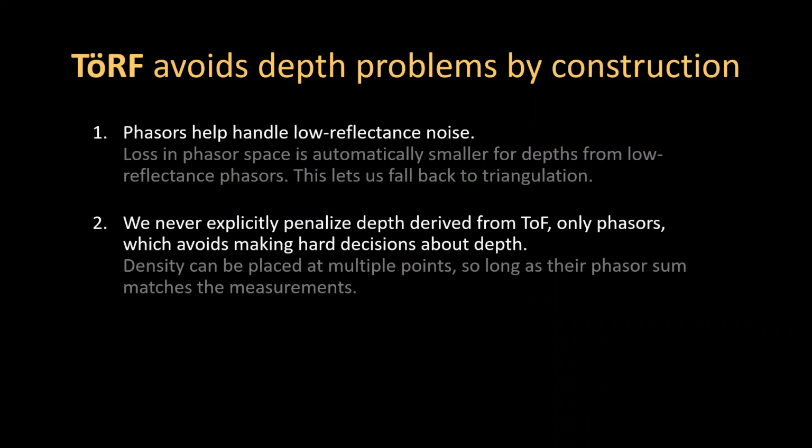Okay, we had the multi-bounce interference, right? We never explicitly penalize depth derived from time of flight. We only penalize the phasor space, right? And so we never have to make a hard decision about what the depth is, right? So